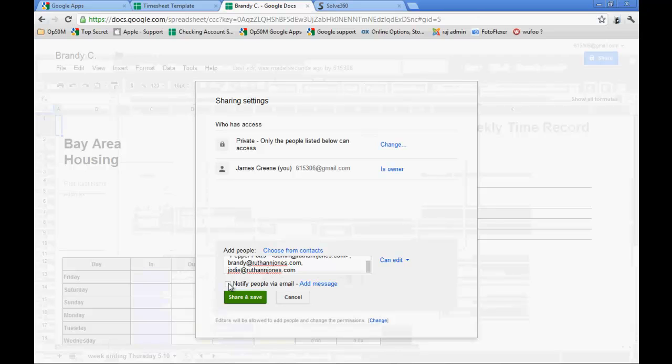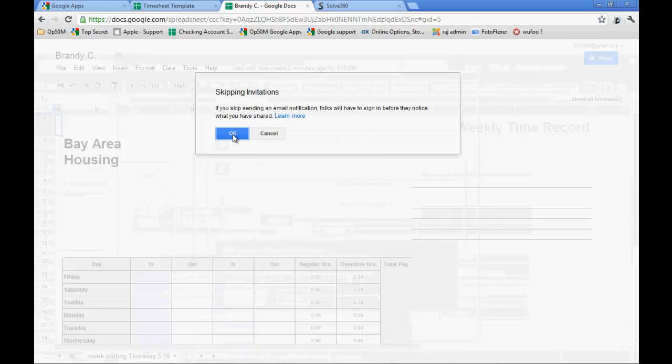And obviously you probably can't do this 100%, but it just keeps things more streamlined and effective, and keeps people from always asking, well, where is this, or they'll lose it, or they don't know where to find things. And it's going to cut down on a lot of questions that people are going to ask. So uncheck that, share and save,